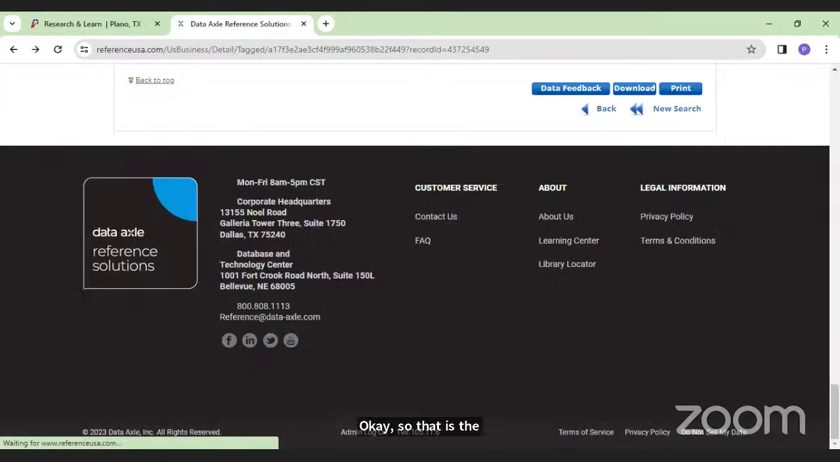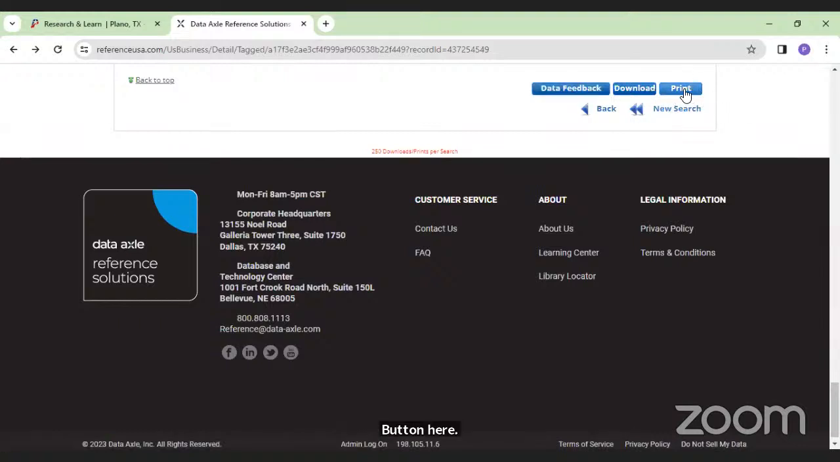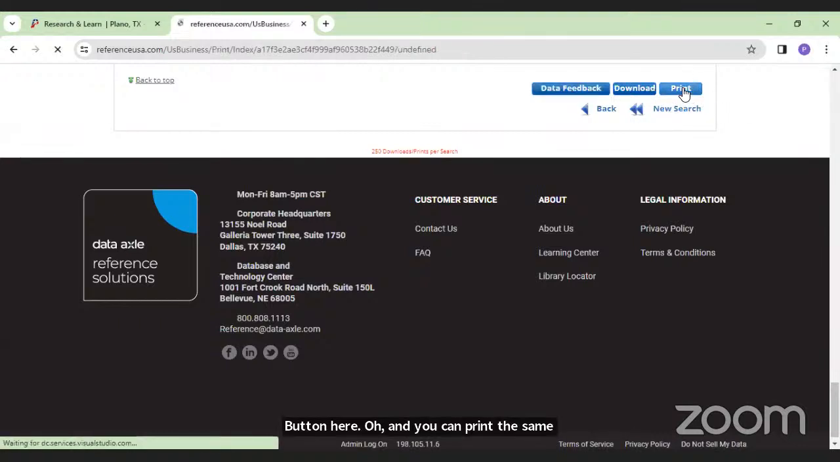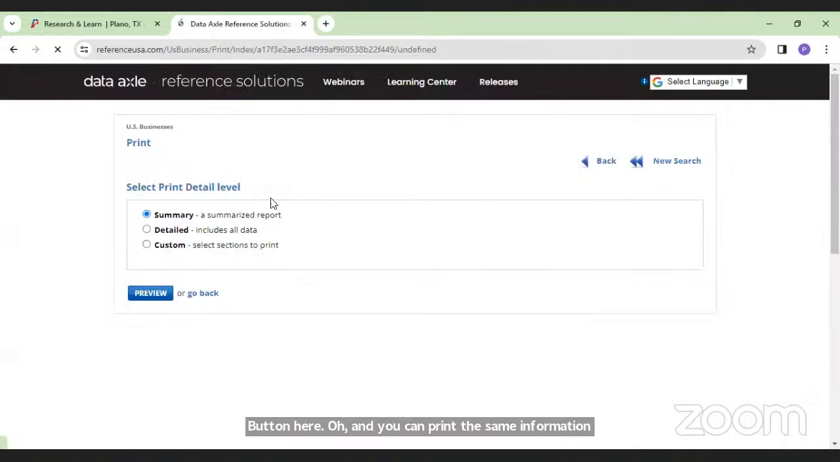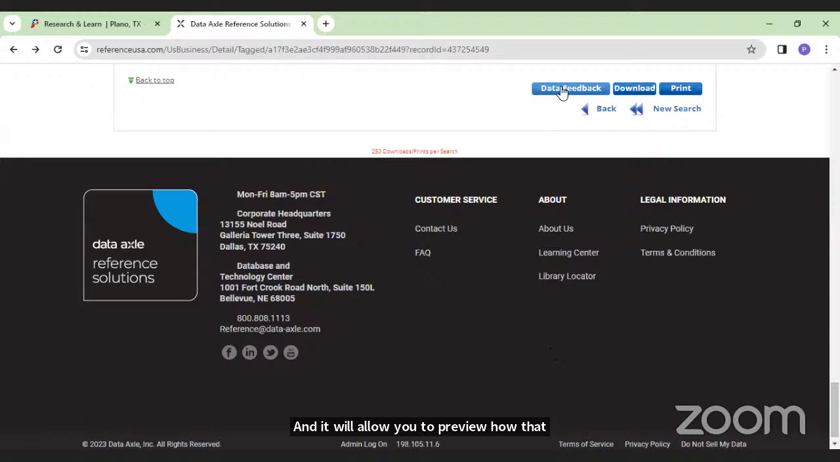If we go back, I want to point out this data feedback button here. Oh, and you can print the same information. Printing is going to be the same detail level selection, and it will allow you to preview how that looks. But data feedback here,